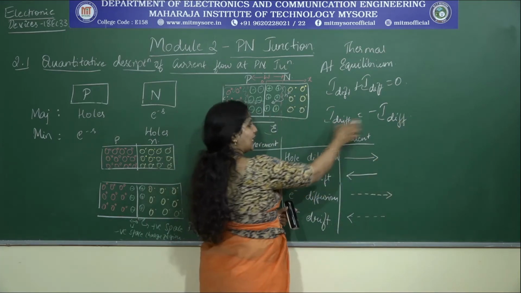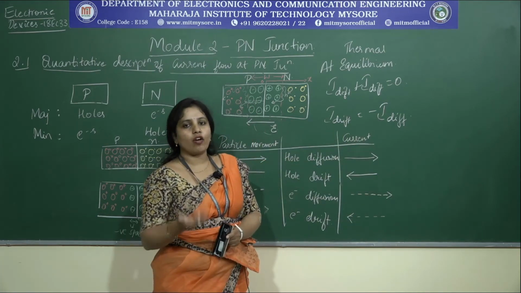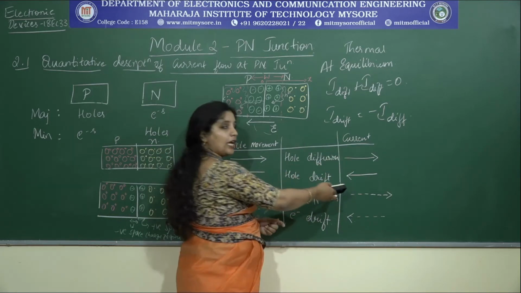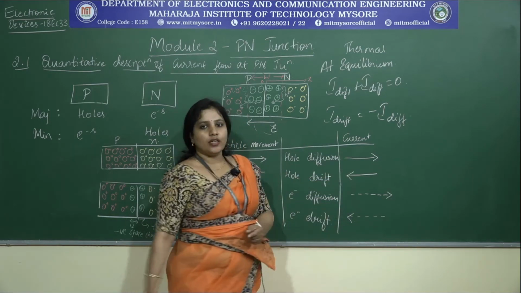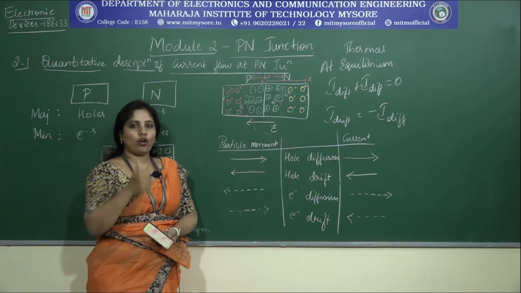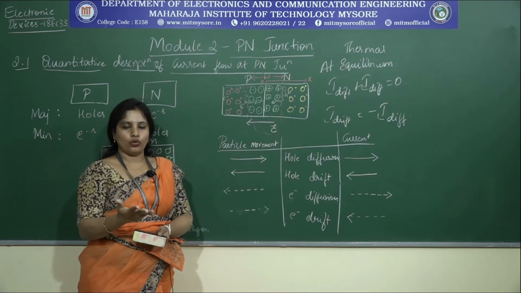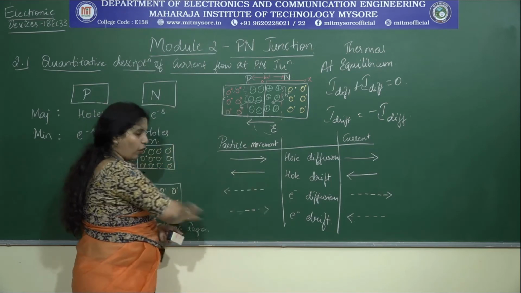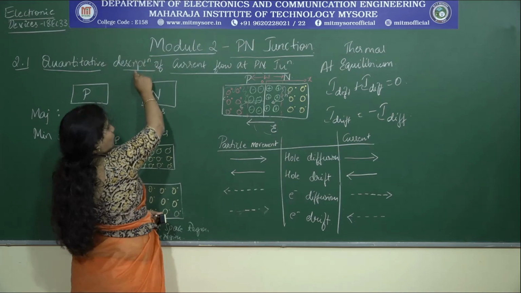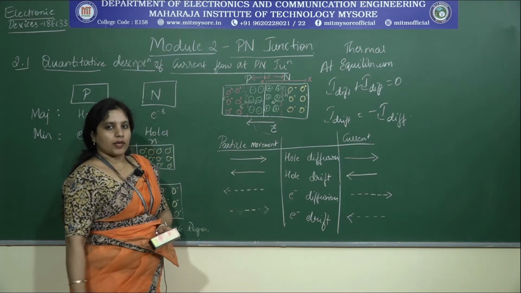See, what is the intensity of these currents? It is the same. But what about the polarity? It is negative, which indicates that they are opposite in nature. So either way you can write it, which indicates that they both are of the same intensity, but the direction is different. This is regarding the 4 components that I represented. Which are the 4 components? Hole diffusion, electron diffusion, electron drift, and hole drift. This is very, very important, and this particular table represents it under this first topic. Therefore, please remember this and try to understand.